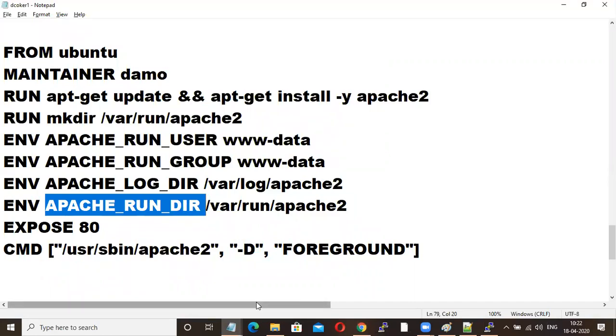Fine. Any doubts in this? How to troubleshoot? First, the Docker file mostly will be given by your developer.